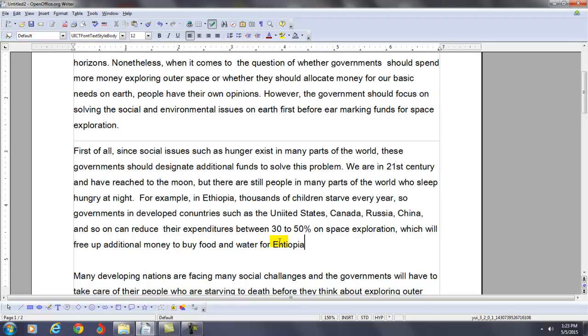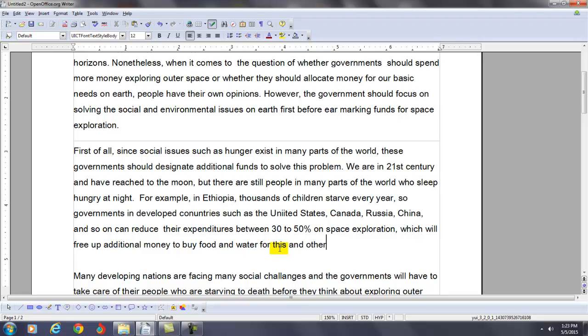So, for example, in Ethiopia, thousands of children starve every year, so governments in developed countries such as the United States, Canada, Russia, China, and so on can reduce their expenditures between 30 to 50% in space exploration, which will free up additional money to buy food and water for